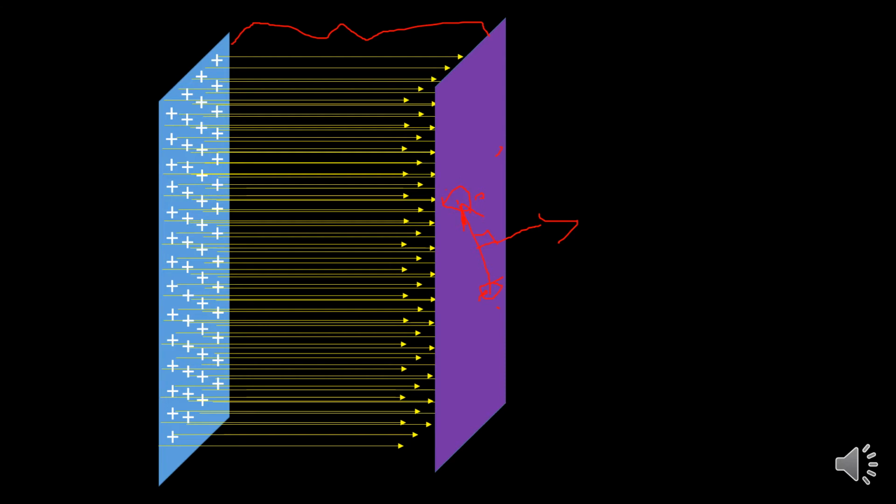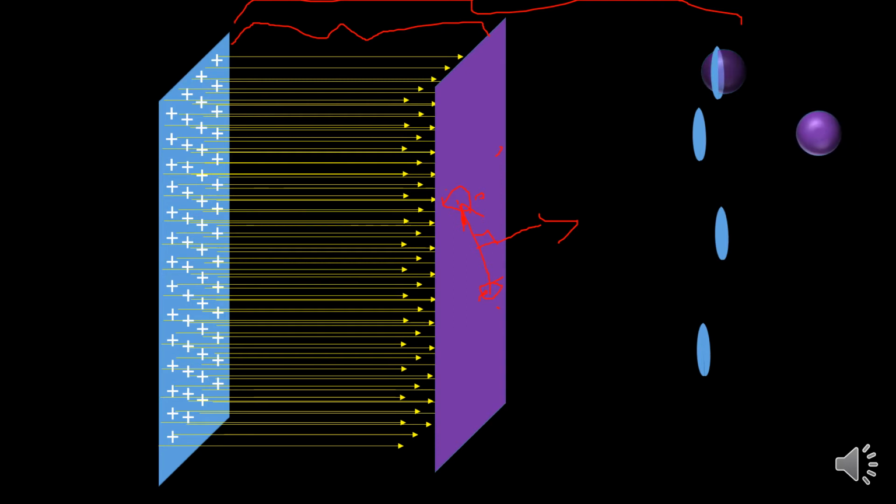If we consider another set of points, say at some other distance, for these points also I have assumed that the distance from the surface is the same, and if I find out the potential of these 4 points, I realize that these 4 points also have the same potential. Why? Because they are at the same distance from the surface, and hence I can imagine one more surface here, and everywhere on this surface potential would be the same. So I can say that the second one is also an equipotential surface. What do you mean by equipotential surface? A surface passing through points having the same potential. So I have 2 surfaces here.